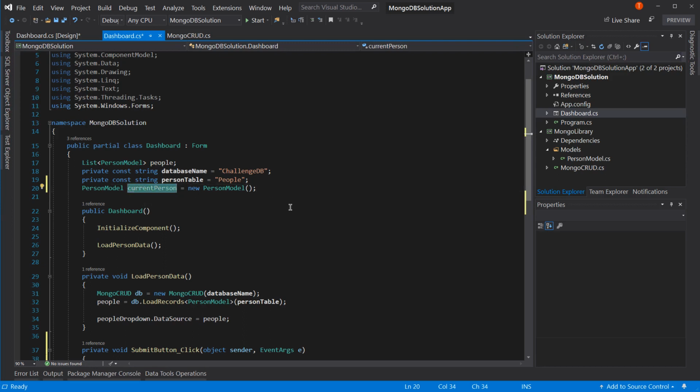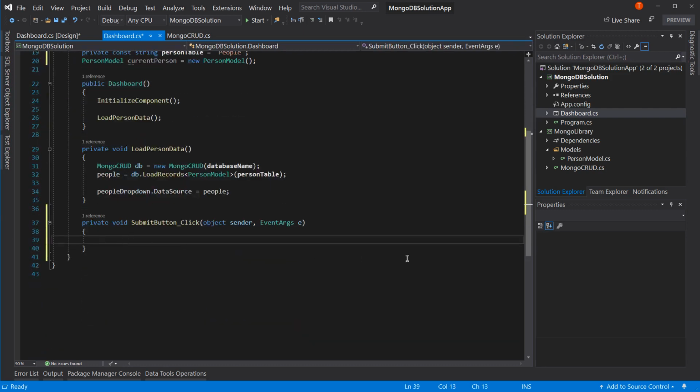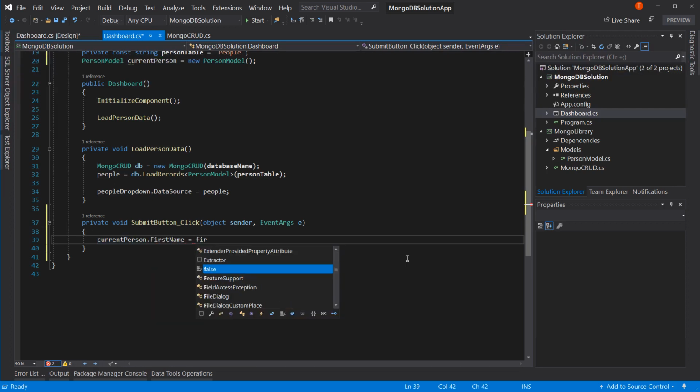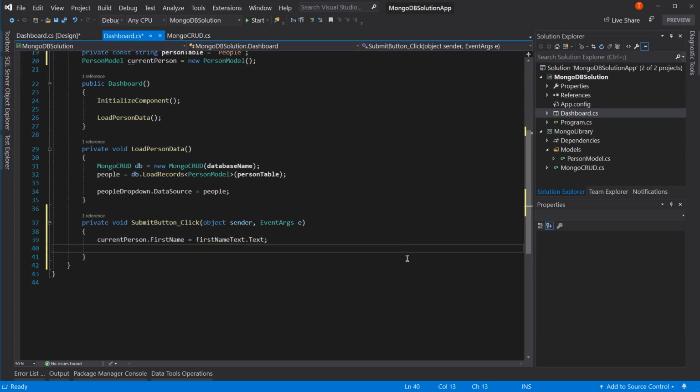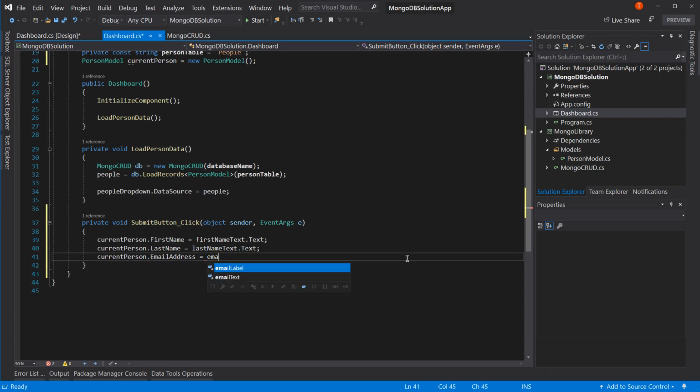So current person, and then down here we can say current person dot first name equals first name text dot text, and current person dot last name equals last name text dot text, and current person dot email address equals email text dot text. So we have those three values, and now we can do an insert,